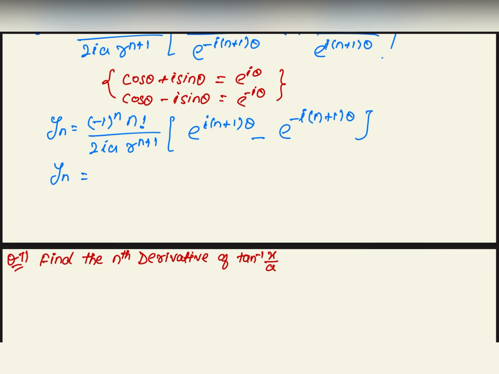So yn is equals to minus 1 to the power n factorial 2ia r to the power n plus 1,